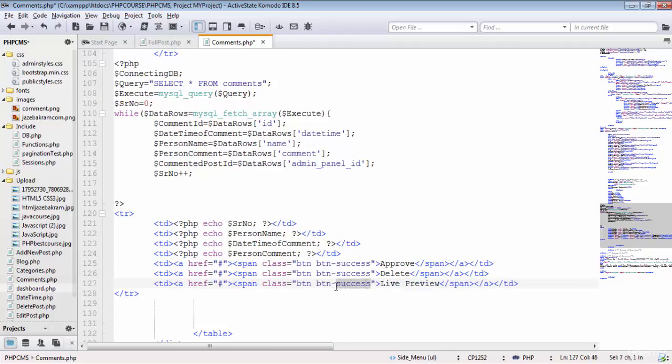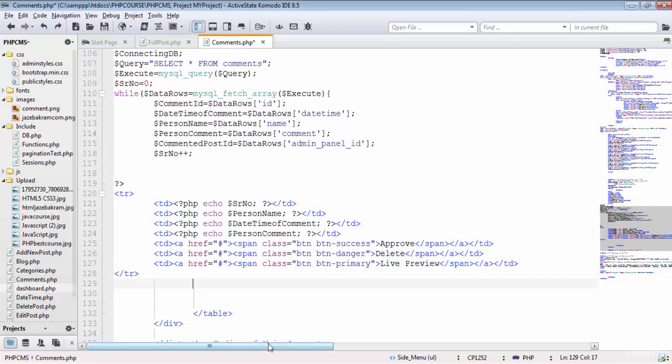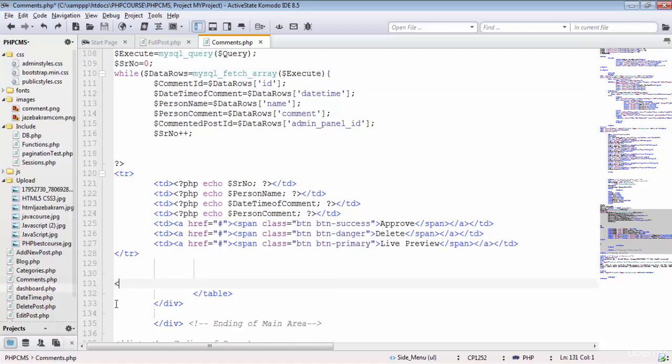Now changing this one to be primary blue color, this one to be danger. Now saving this one, we also have to add the ending of this while loop. So right here I'm gonna add the ending of our while loop,